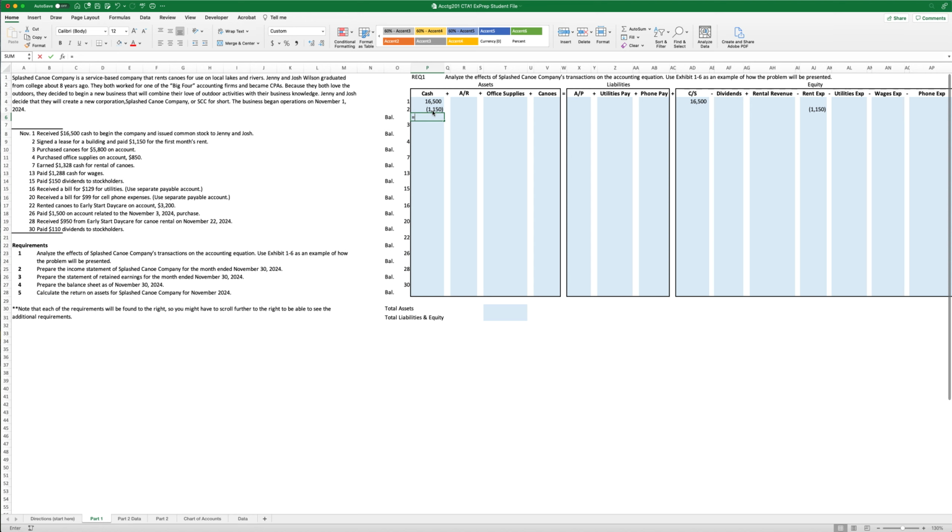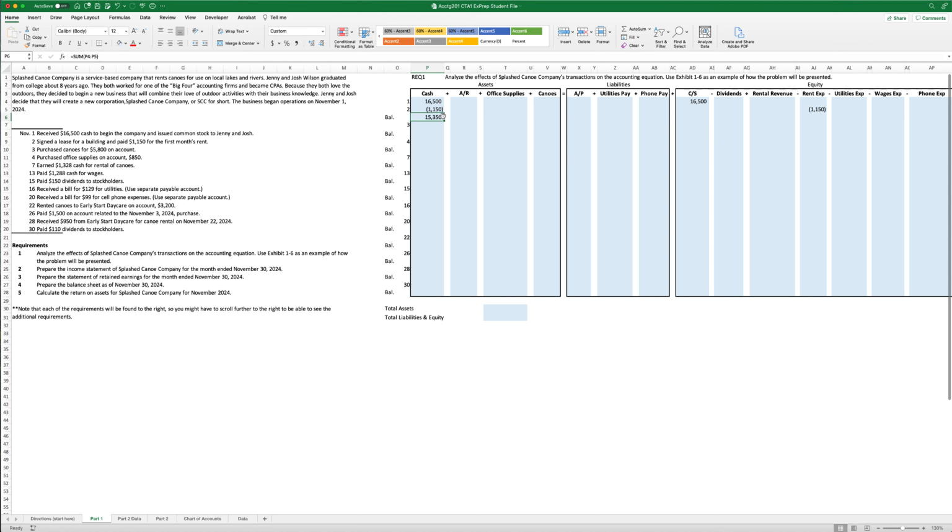So that would be equals sum, open parentheses, and then select the first one, and while you still have your mouse clicked, drag down into the second space, and now you can see that it has these little marching ants around it, and you can see in the formula bar it's saying sum from P4 to P5. Close parentheses,